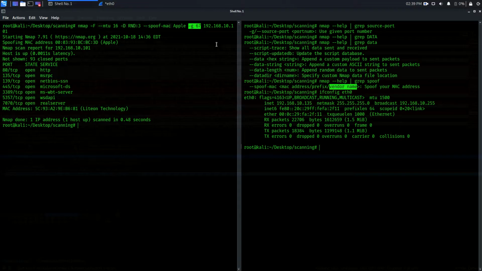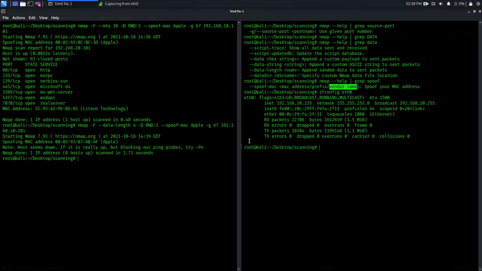Okay, fine. Another thing, if you want data length, you can use hyphen hyphen data-length, and I want to add 4 bytes. So it should be 58 bytes, right? But if we put 4 more bytes, it should be 62. So enter, and very sorry, because I need to continue it again.